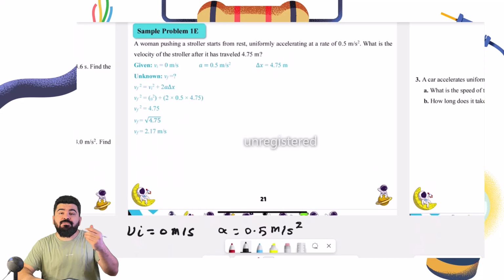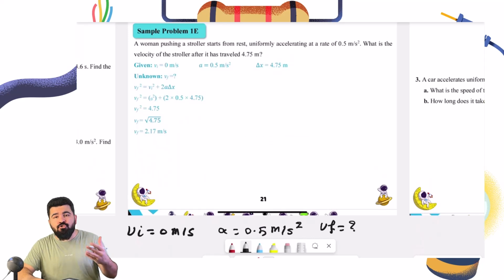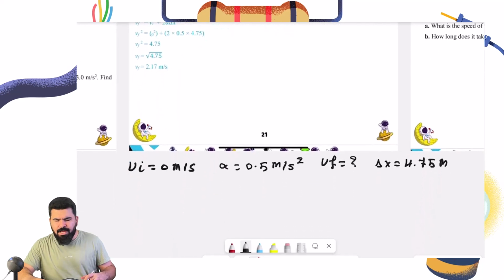What is the velocity of the stroller? We have V initial because we know it starts from rest. It says what is the velocity of the stroller? So we know it is asking for V final. So V final is equal to what? After the stroller has traveled 4.75 meters, so delta x is equal to 4.75 meters. Okay? Now guys,